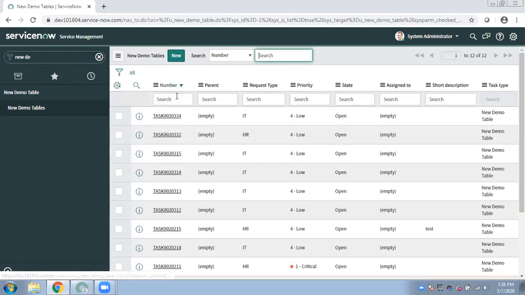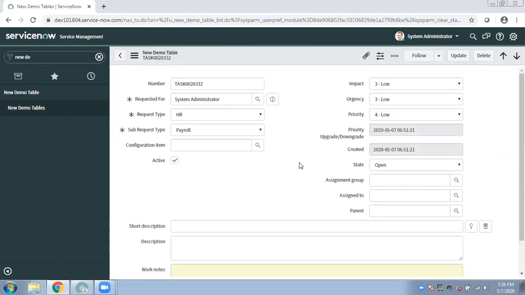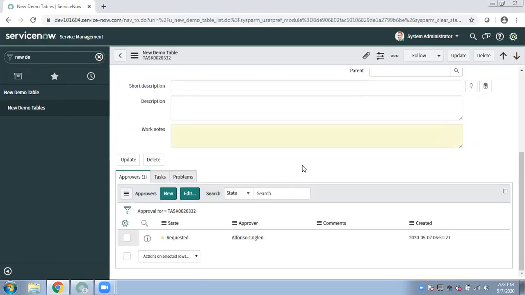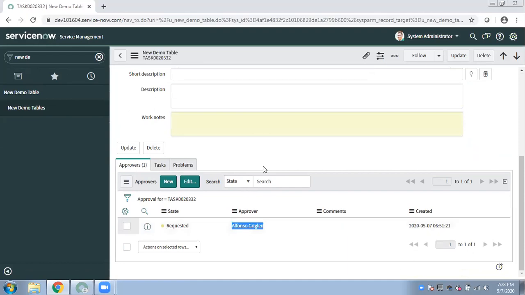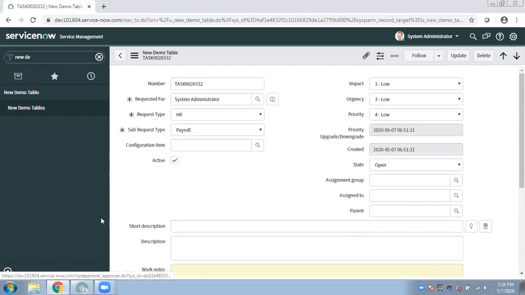Now, where are the approvers? If you see on these records, where are the approvers? They are in another table, the approver table, right? Getting my point? Now, can you find this approver on this table?